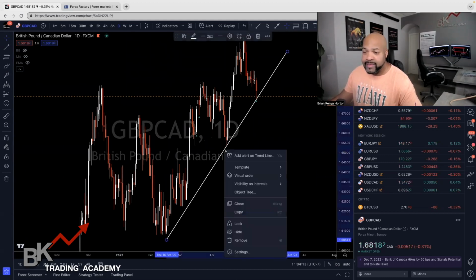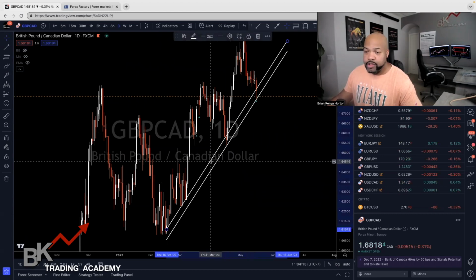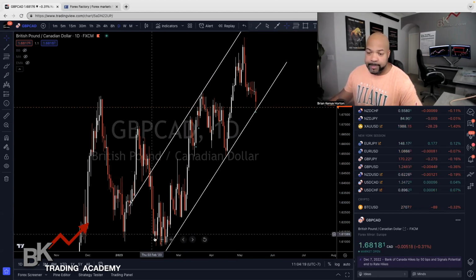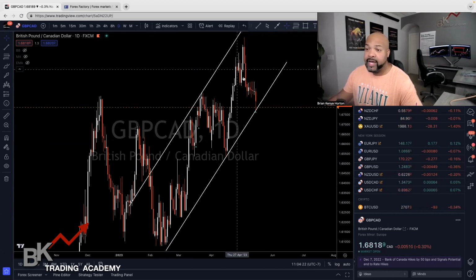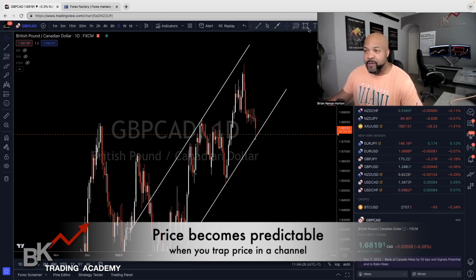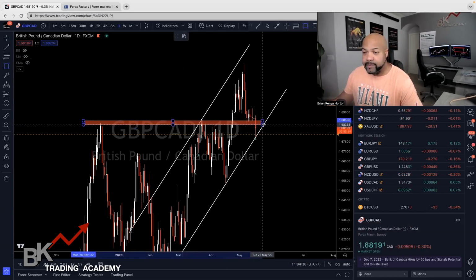I would right click this here, clone it. I would trap price on the opposite end. So now I see this pattern. We have up, down, up, down, up, down. That's it. Very simple. And then I would get my rectangle tool and mark my key levels here, just like